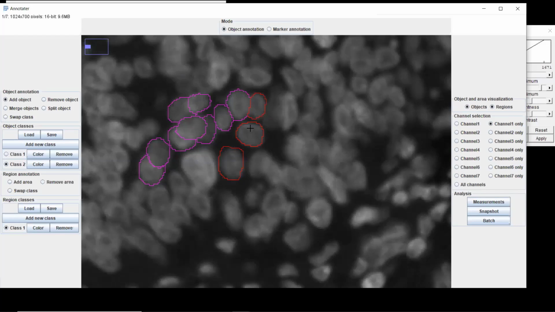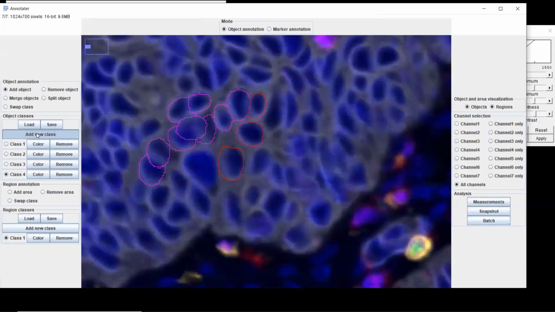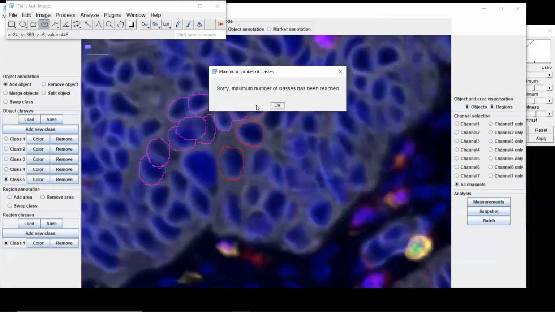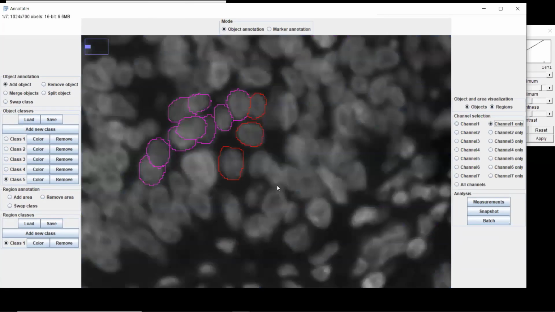I don't remember. And what if we have more classes? Oh, if it's really useful, that's something that would be pretty easy to change. I didn't put more than 5 classes in, but if you made a mistake and you want to change them